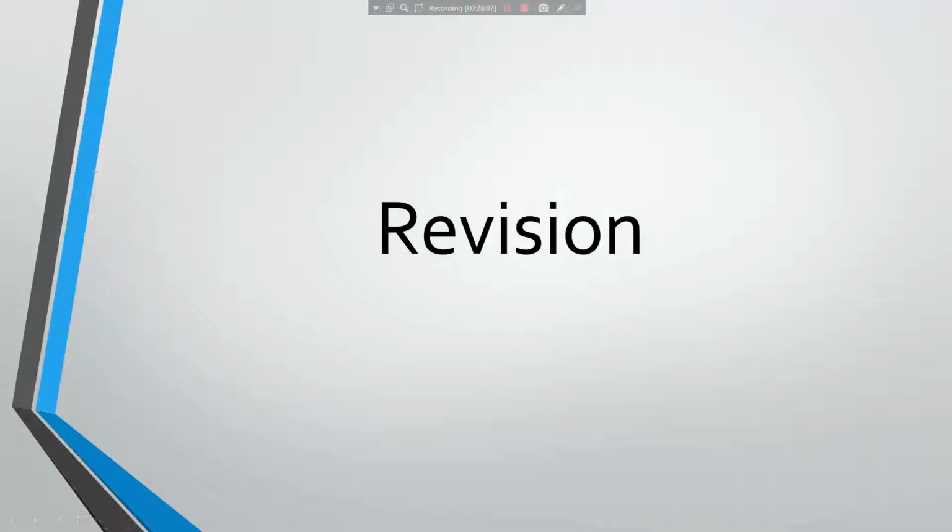So let us start with the revision class once again. Let me repeat the whole thing. You need to understand each and every concept here. It's very important. Applications of embedded systems are very important: where they'll be used, and what is the difference between embedded systems and general purpose systems. Why can't we use a general purpose computer system for a particular task instead of an embedded system?